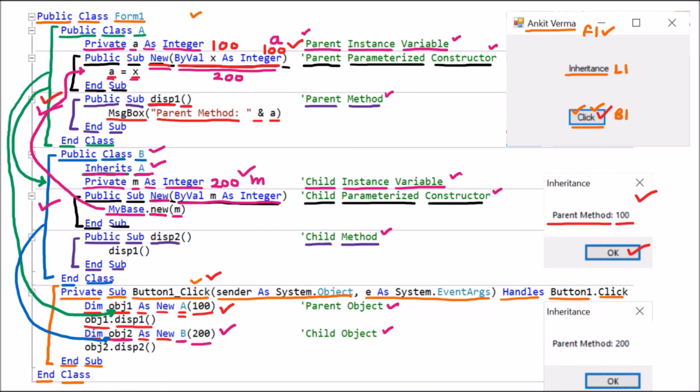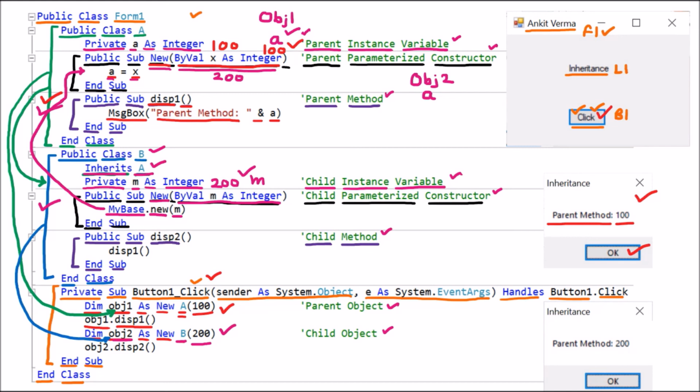Here we should understand one thing. Already one a variable is present, but that was for obj1, which is the object of class A. Here a separate a variable will be created and that will be for obj2, which is the object of class B. We know that different objects can have different copies of the variable, and this is the instance variable which can have different copies.